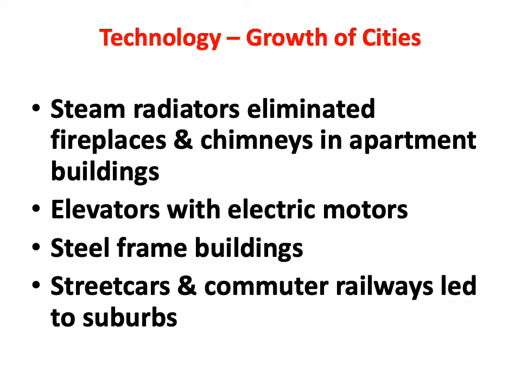Let's consider for just one moment the impact of technology in helping lead to the growth of cities. As I mentioned, one of the pull factors, a major one, were the new factories. And as we've seen previously, these factories were using new technologies, and they wanted to concentrate as many people as possible to use the new machinery. But now more people could live in a given area in a city. Why? Well, first of all, they could build large apartment buildings. They're also sometimes called tenements.